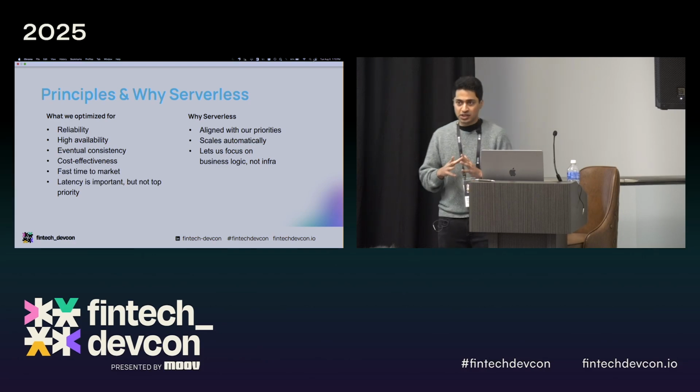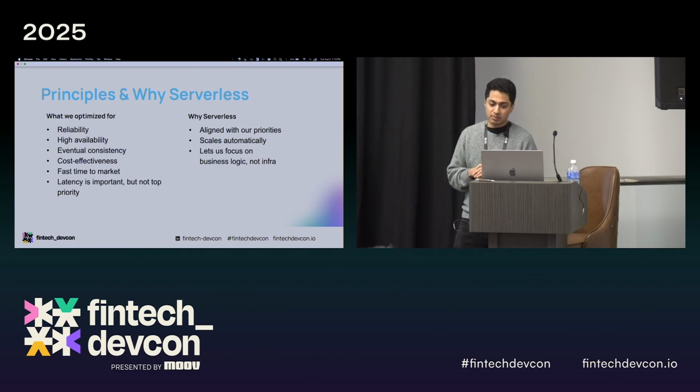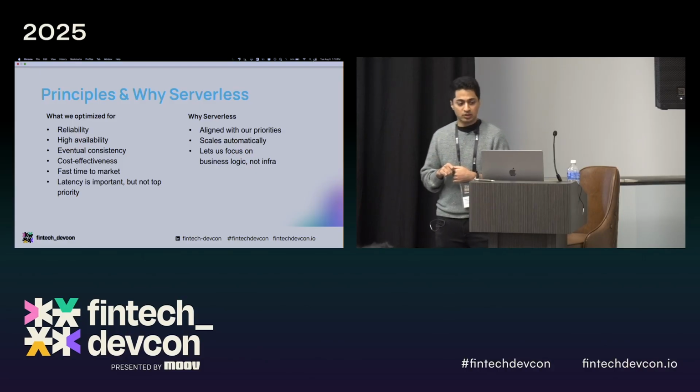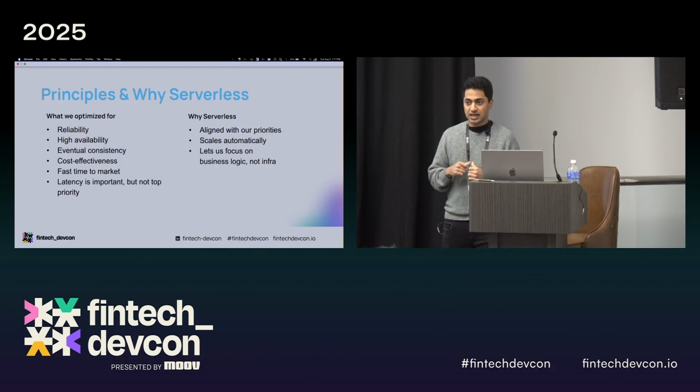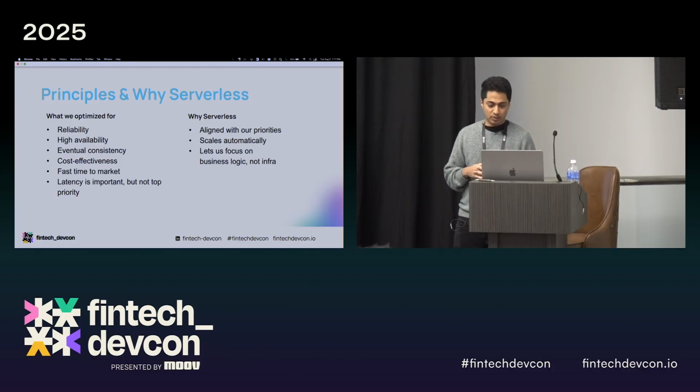So that was it for context, but once we started building the entire architecture, we realized there were certain principles we wanted to adhere to. One was fast time to market. Since we are a startup, we wanted to build, get feedback, and iterate on it, and therefore we wanted to optimize on it. We wanted it to be cost-effective,